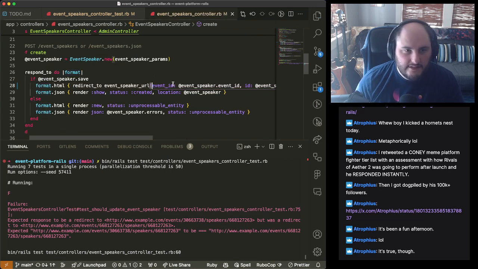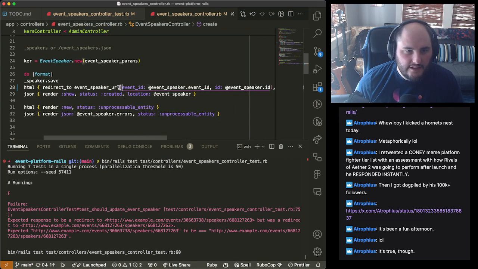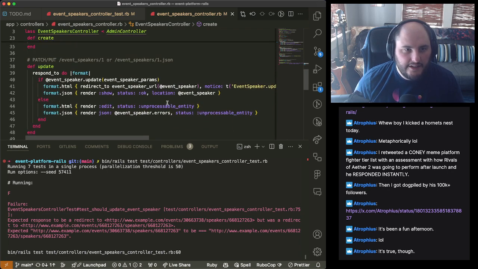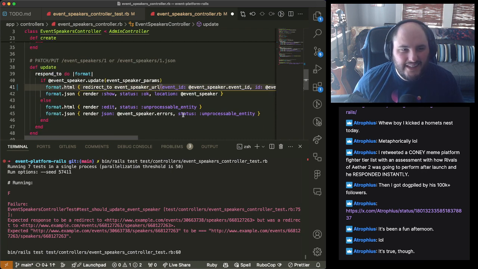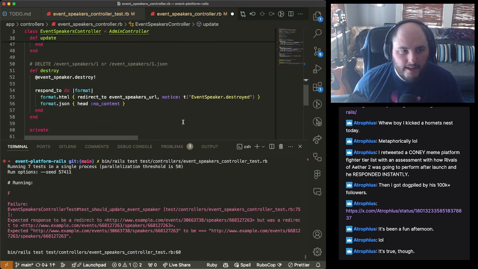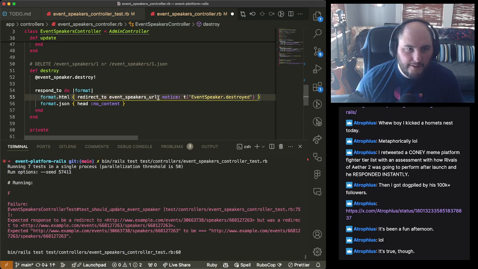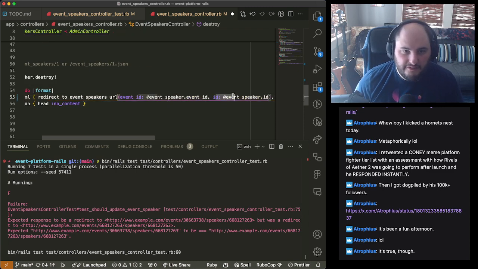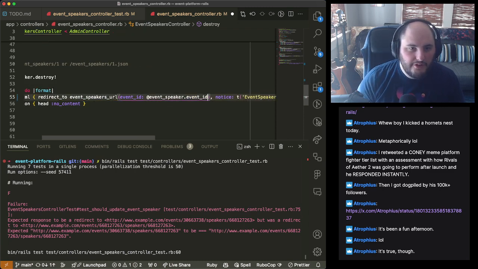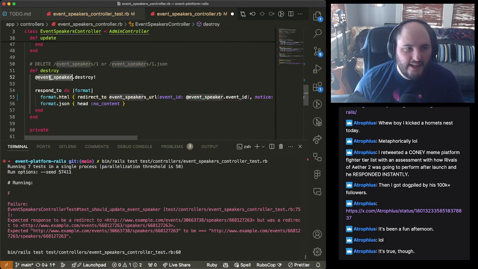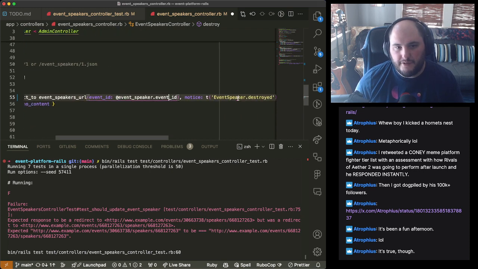And my guess is we'll need the same general logic down here in our update. It's not going to be exactly the same, but almost the same in our destroy, because we just need the event ID. What we can do here is say, hey, we did have an event speaker, that's still in memory, so we can still get the event ID off of it. So let's go ahead and do that.